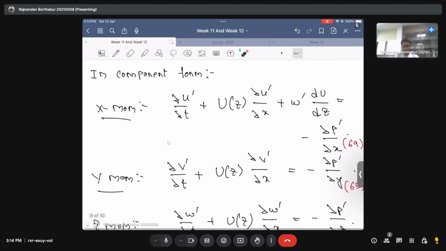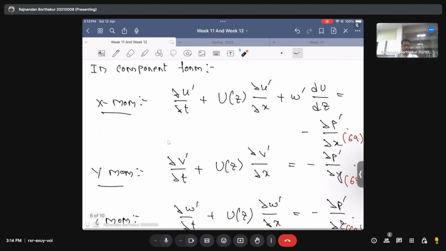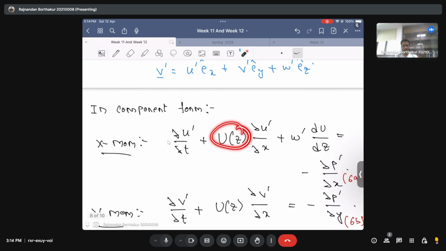Okay, and then what we did is we wrote this equation into its component form, and when we wrote this equation into its component form, we basically got our x momentum, y momentum, and z momentum equations, which the perturbations satisfy. Okay, where remember this u of z is the velocity field of the base flow, which is already known